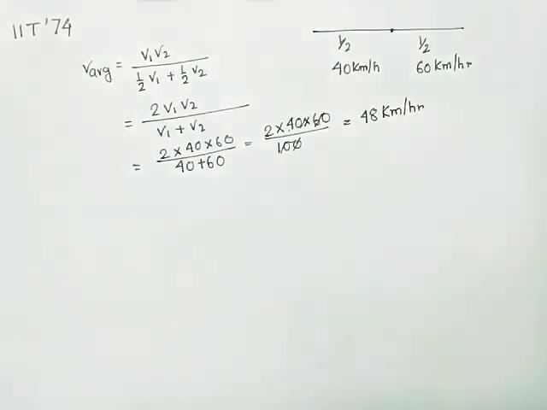One thing I want to tell you, the formula I am discussing is the formula for finding average velocity, but I have not given the vector sign here because the particle is moving along a straight line. If the particle is moving along a straight line, then the magnitude of the velocity and the speed are basically the same thing. So this formula is applied in the case of speed also.